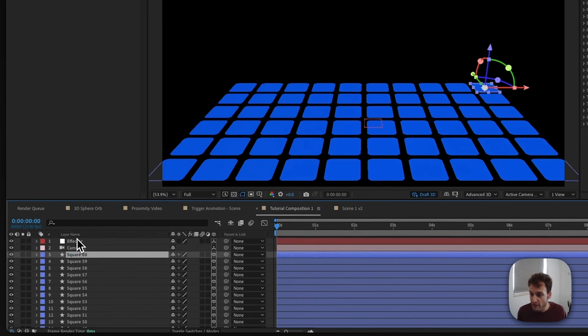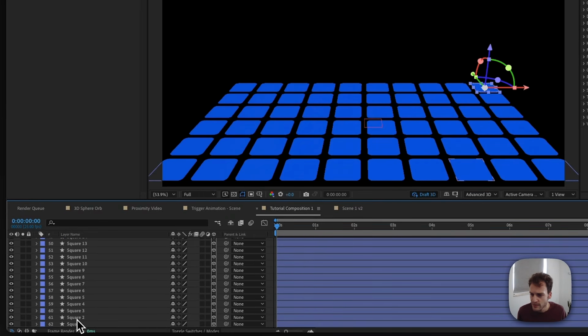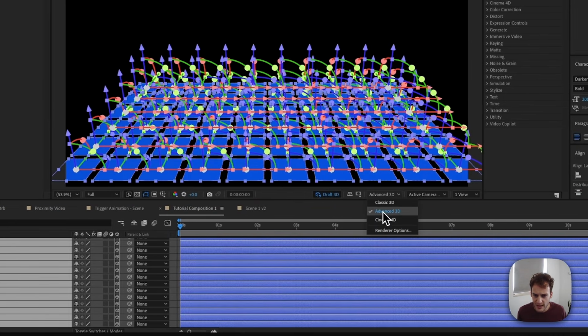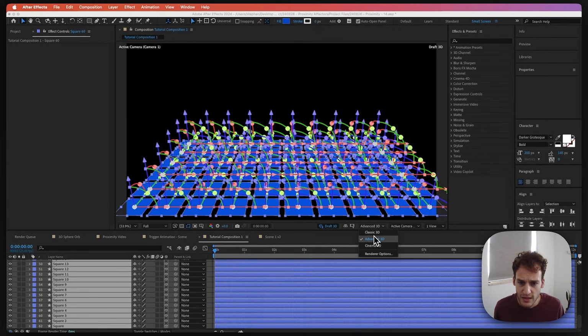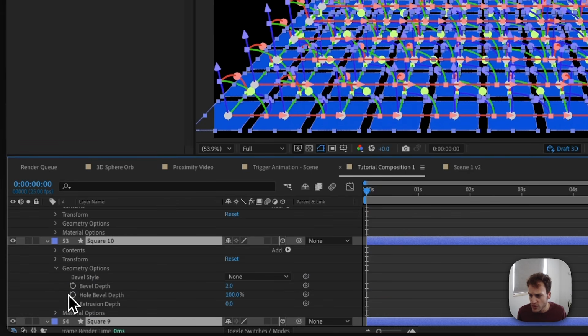So we have our Effector ready in there. Let's continue building our scene. So I'm going to pick all of these squares. Make sure that your scene is set up to Advanced 3D, not Classic 3D, so Advanced 3D. And then, with them all selected, we are going to open them, go to Geometry Options,